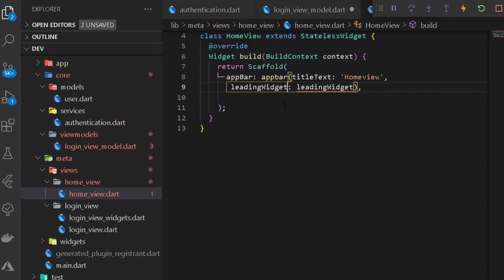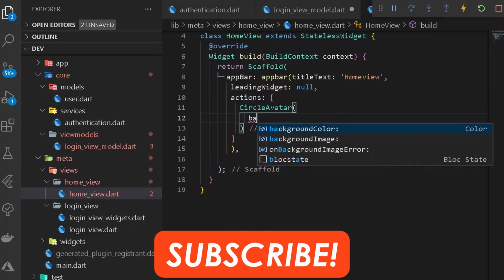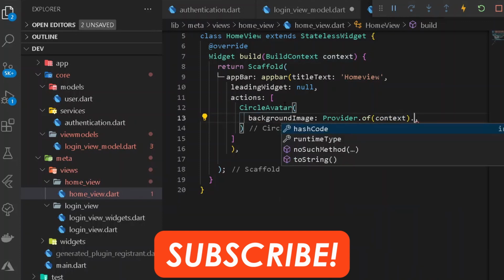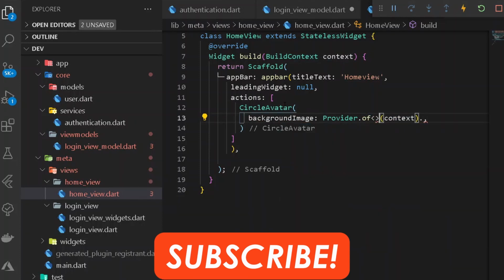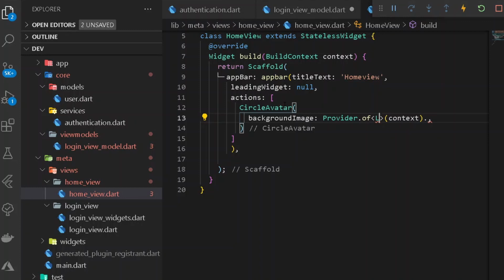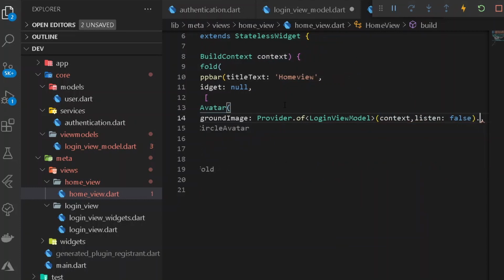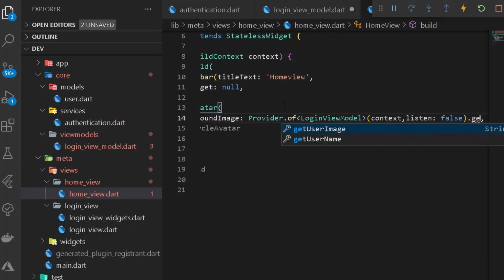Under our leading widget we shall be showing nothing but a null value, and after that the actions shall be taking a CircleAvatar, which shall be taking a backgroundImage. For the background image we can simply say Provider.of the following context, and after this we shall be taking a type to our provider to be LoginViewModel, and here we shall be listening to values. So here let's have listen to be false, and after that let's get the user image.